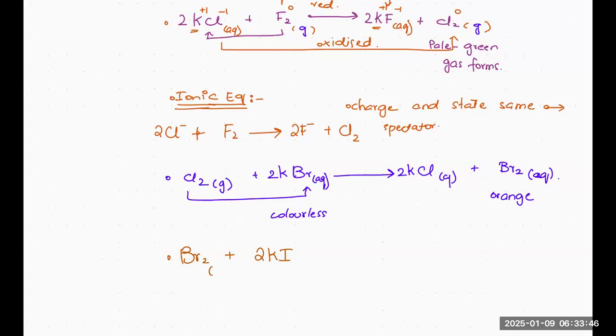It can displace it from its compound to give us potassium bromide plus iodine. Okay. And this iodine, what are you going to observe? Your observations are going to include that your colorless solution is going to